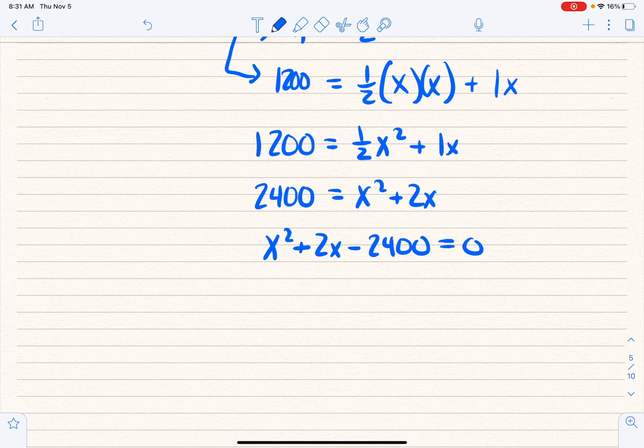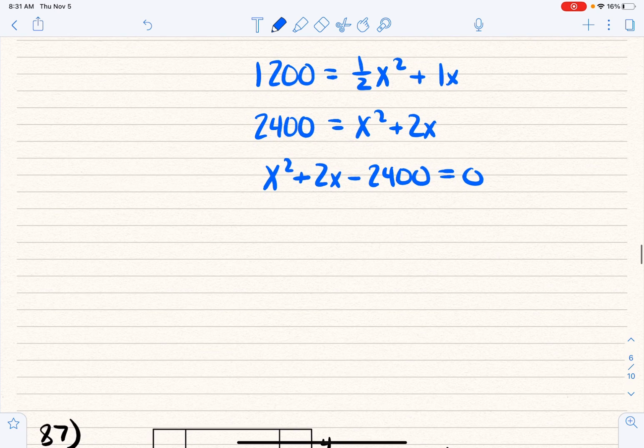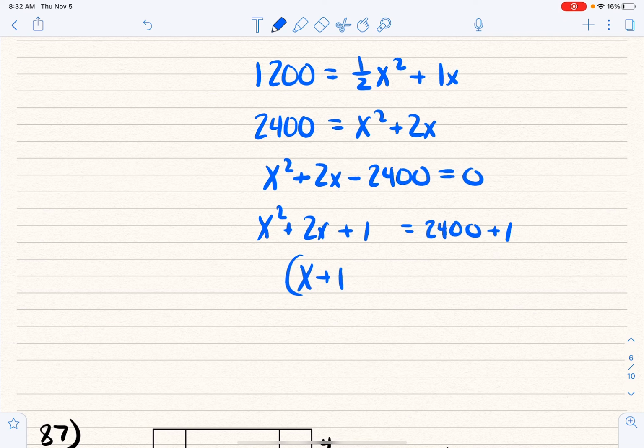equals 0. I can do this by completing the square. I just want to make sure, did I make a mistake again? I'm sure I did. Go ahead and say, well, I'm going to go x squared plus 2x equals 2400. Half of 2 is 1. Add 1 to this side, add 1 to this side. Okay. There we go. And so I get x plus 1 squared is equal to, not the square root of, but is equal to